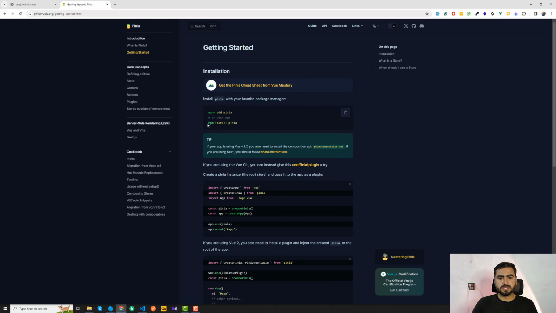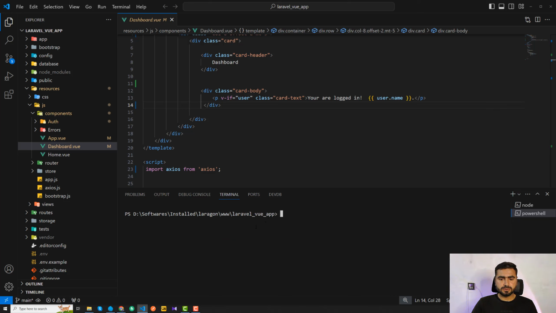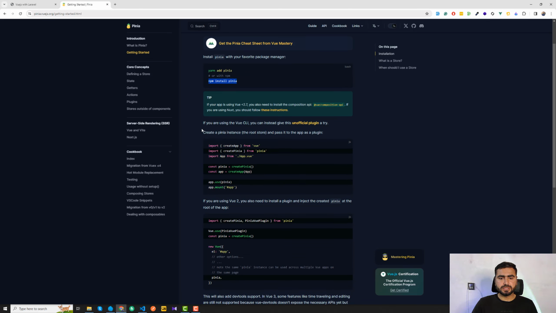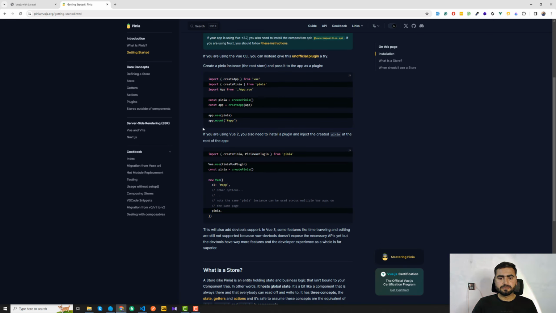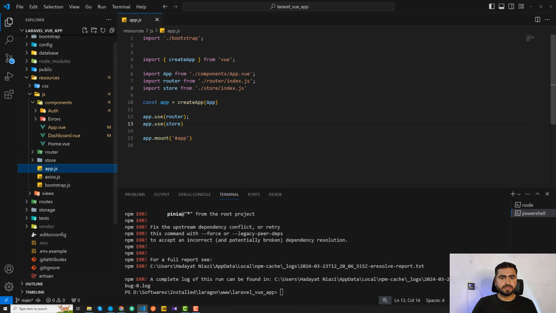The command is very simple: npm install pinia. Just copy this, open a new window here and type npm install pinia. It will install Pinia for us. Let's go back to the documentation, which tells us how we can initialize this in our application. Now let's move to app.js, where we are using this